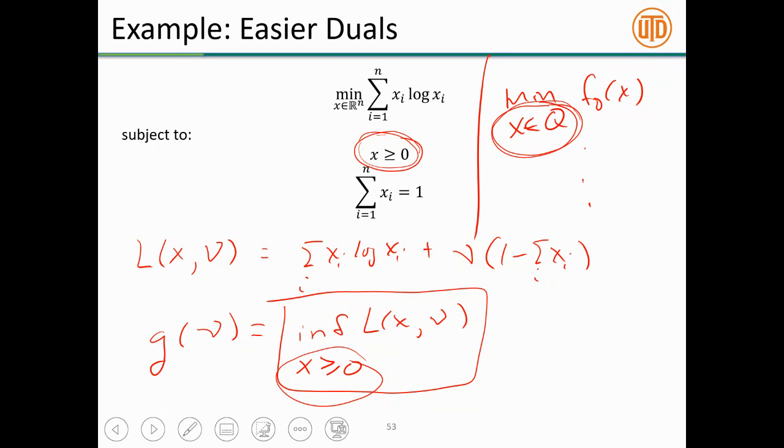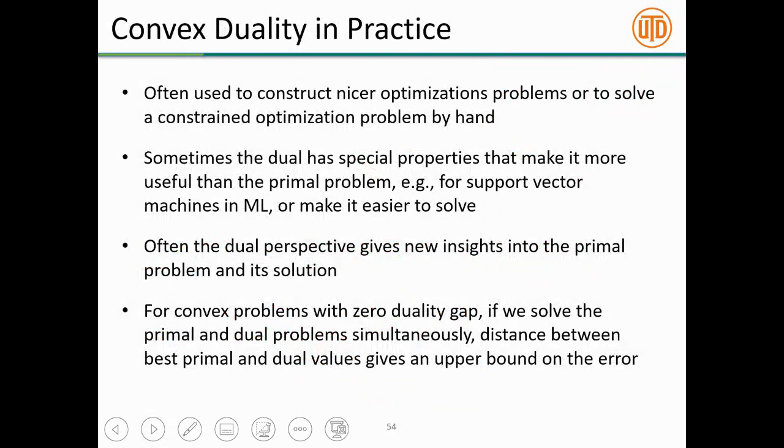Okay, in the last 10 or so minutes, I just wanted to talk briefly about how you would use this dual procedure algorithmically. So first, just a few practical comments. Where do people really use convex duality? The places I've seen it used are, first, to solve optimization problems by hand or transform them into